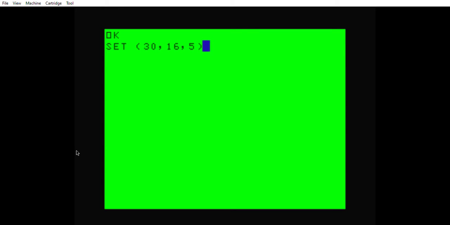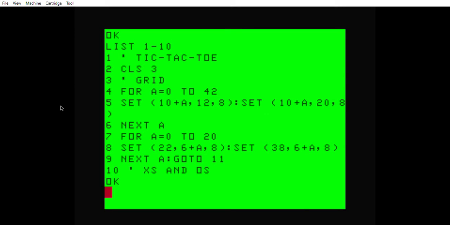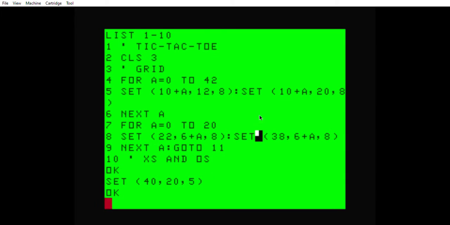I have a hunch that it's going to be a solid dot. Now, isn't that odd? Now watch, if I list the screen, and I list 1 to 10, and now I have some text on the screen, it's the same green background. However, if I try to set that dot, maybe I'll try placing it a little farther down, it still comes up as a corrupted pixel. This is not what I'm looking for. I don't know why this is happening,